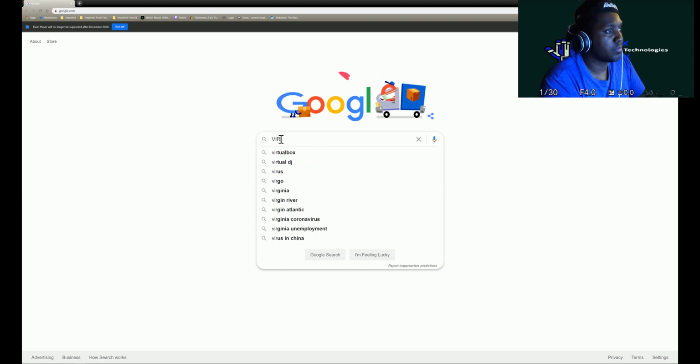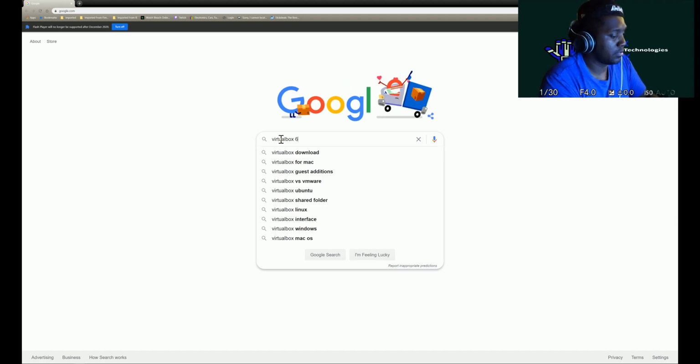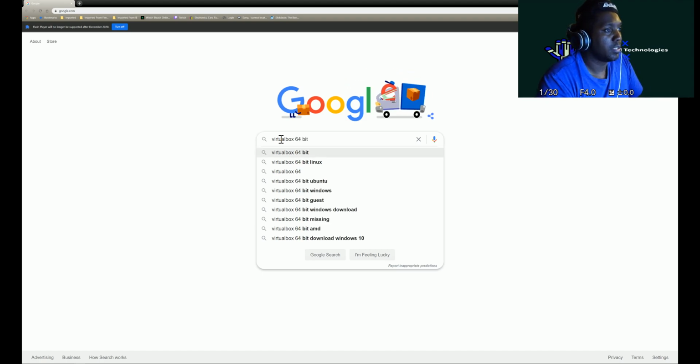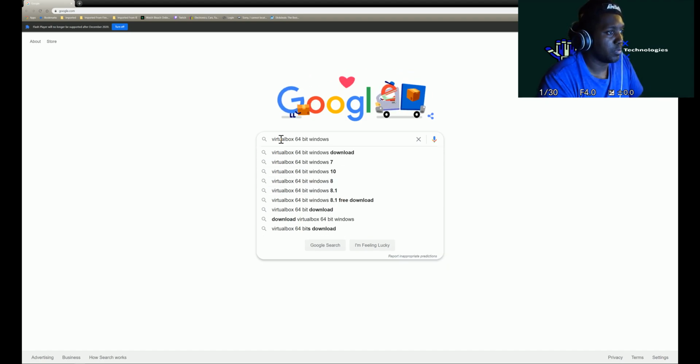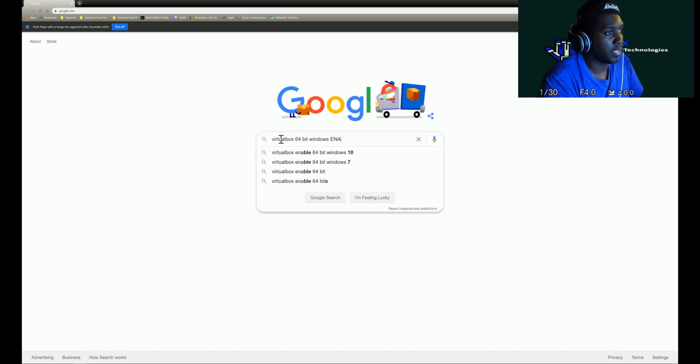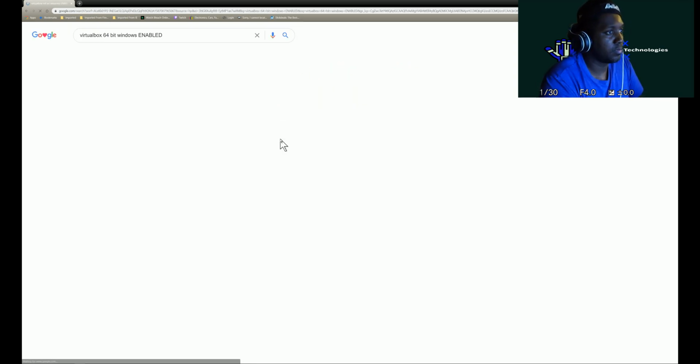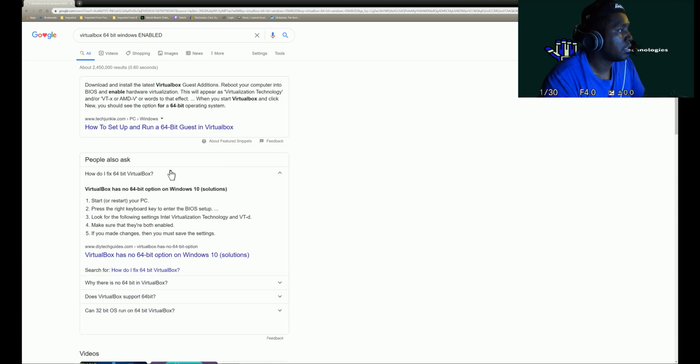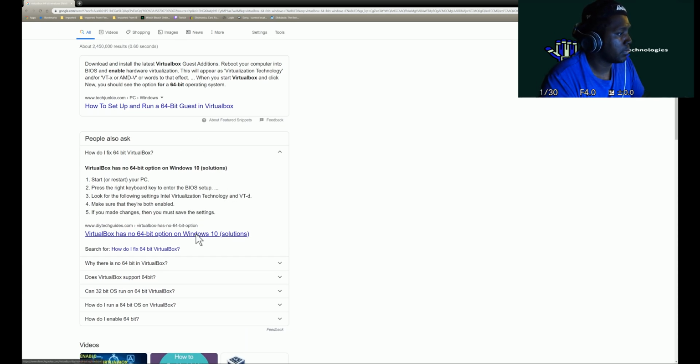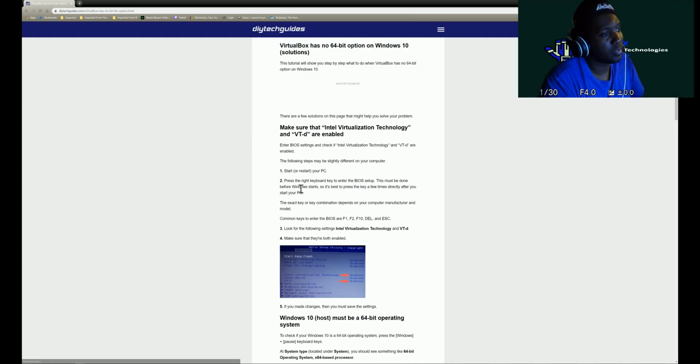Let's go to VirtualBox, 64-bit Windows. Okay, so yep, there it is. It's pretty much where I went at. So if you can do a 64-bit